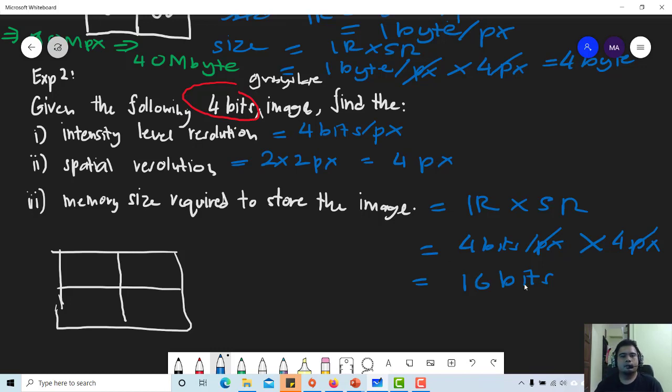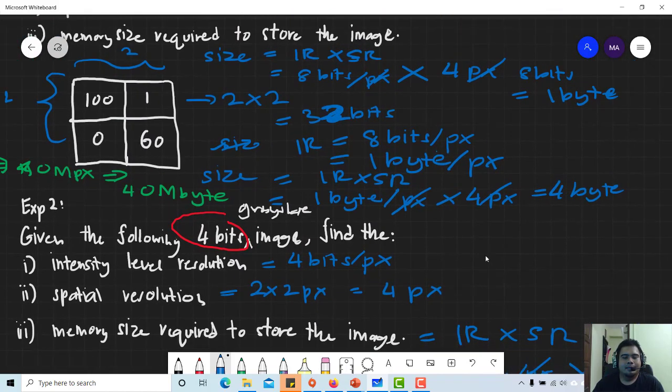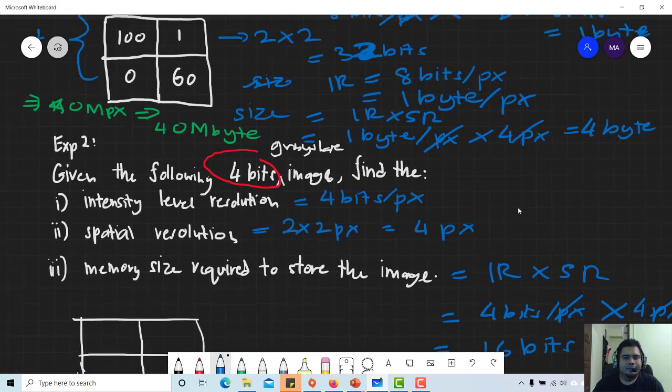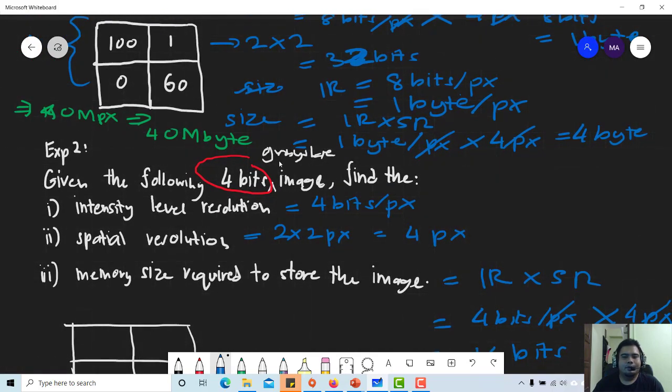Okay, by having this example, I hope you can understand and manage to identify the intensity level resolution, the spatial resolution, and how to calculate the memory space. I want to show another example, because in this one both are grayscale, but I don't know whether it is grayscale or not, so let's say